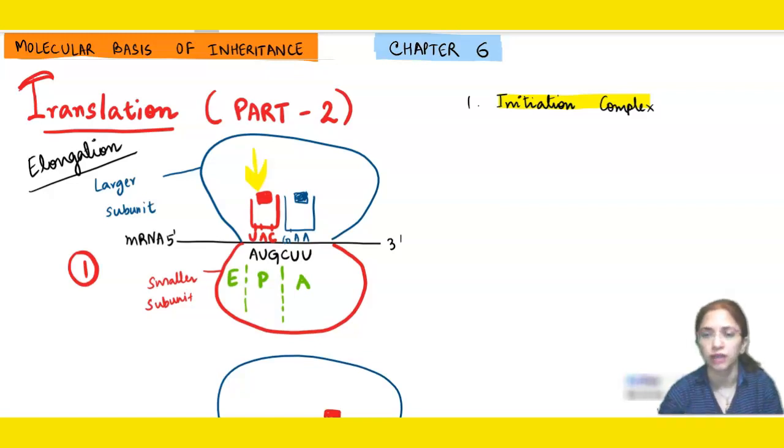So transfer RNA has an anticodon loop which contains an anticodon that binds to the codon of the messenger RNA. Opposite to the anticodon loop in tRNA, the amino acid site is there where the amino acid is attached. Okay, so that amino acid I have shown you with a red block. Now our first amino acid will always reach the peptidyl site. The second amino acid will come to the A site of the ribosome, which is the aminoacyl site.